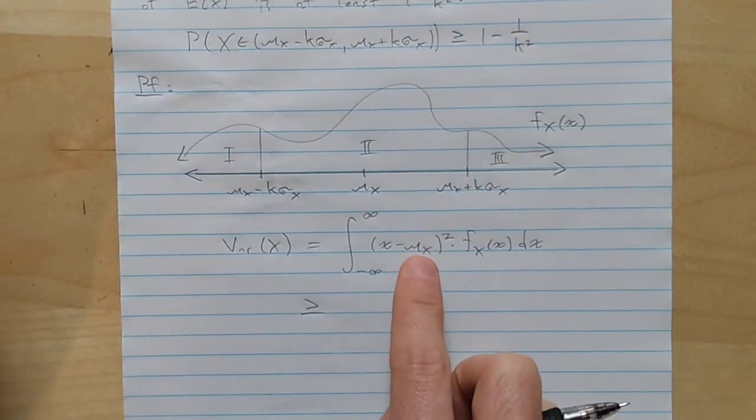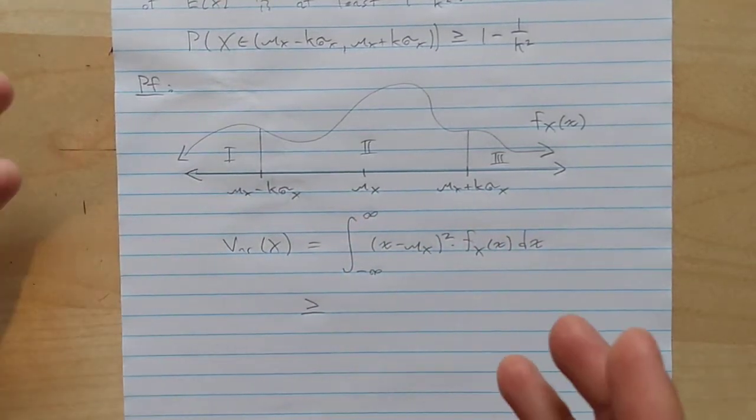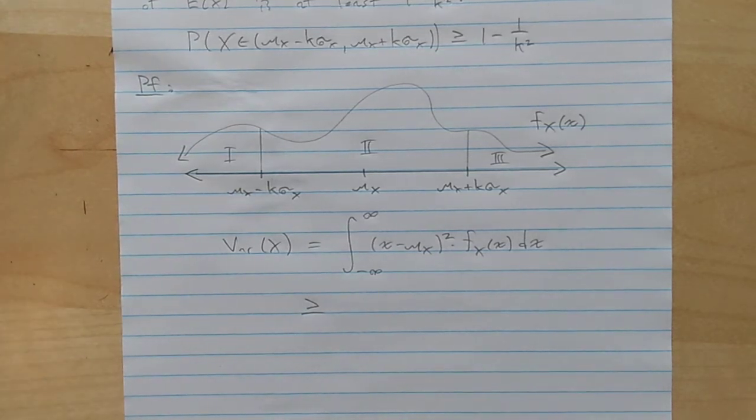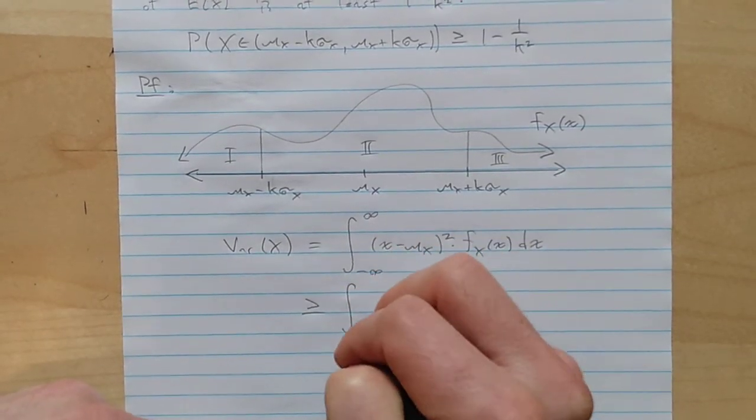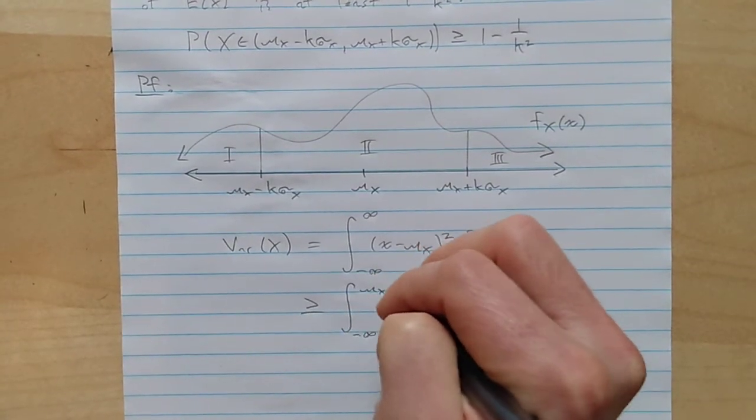Right? Because if you integrate something that's always positive, then the bigger the area you integrate over, the bigger the value of the integral is going to be. If you reduce this domain of integration, then the result can only be smaller, because you're integrating a thing that's always positive. Okay, so therefore this is less than or equal to the integral from minus infinity up to here, mu x